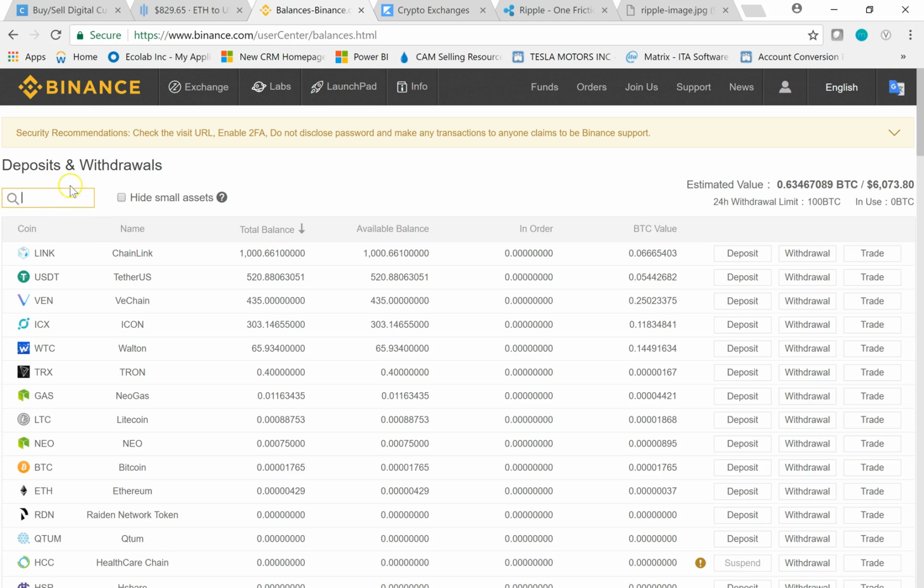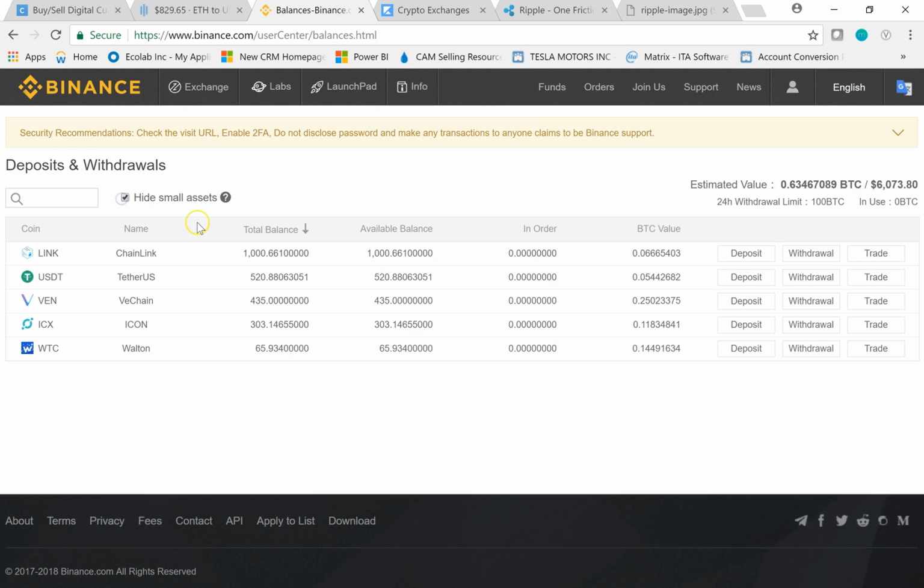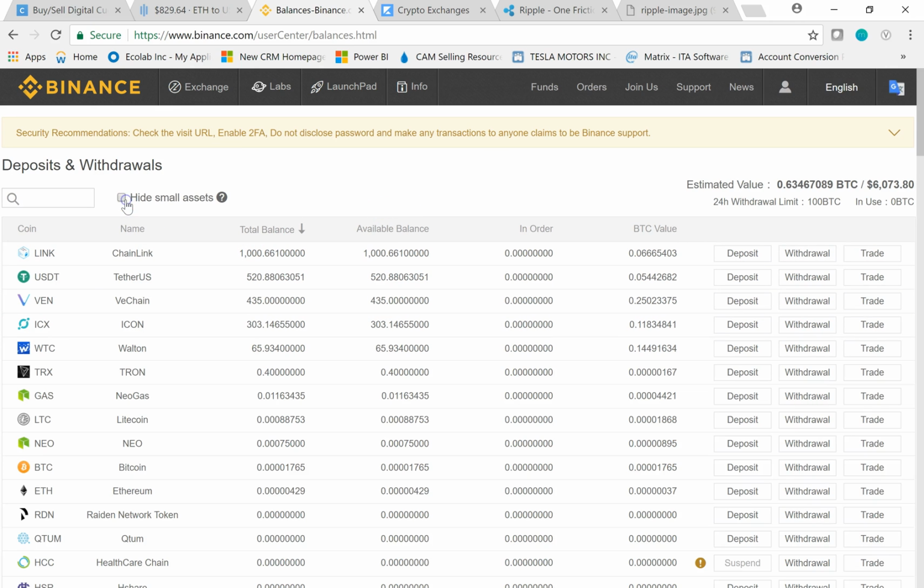So the other thing you can do in Binance is you can hide small assets. So you can see right here, the only assets that I have right now are Chainlink, Tether, Vin, ICX, and Walton Chain. So anyway, guys, just wanted to make a quick video on how to buy Ripple with Coinbase to